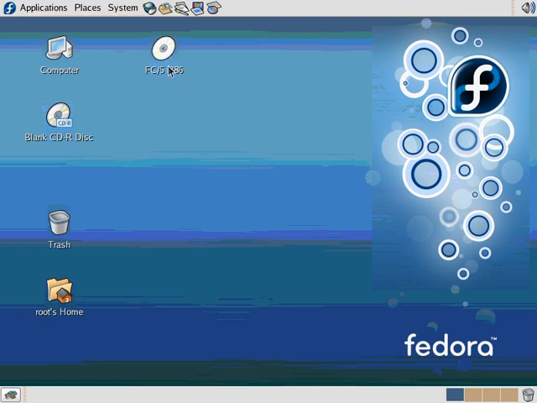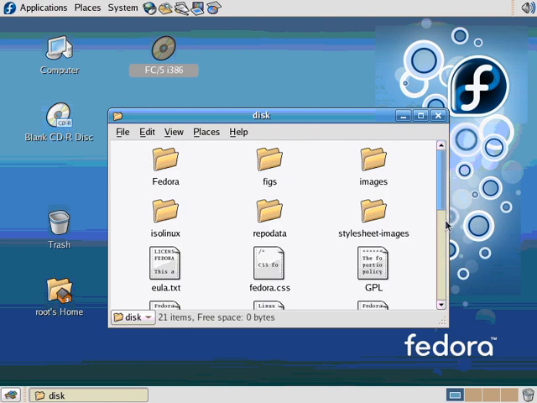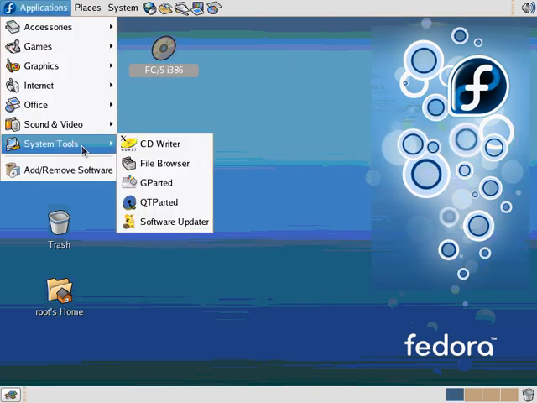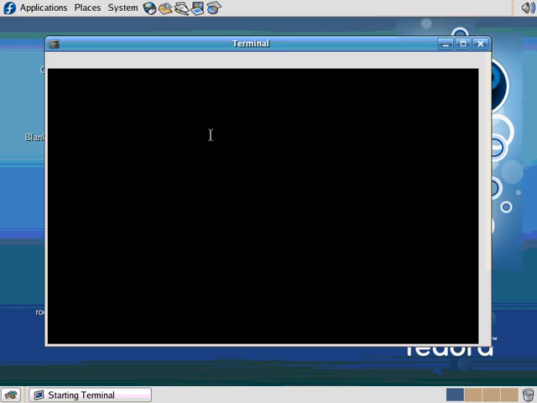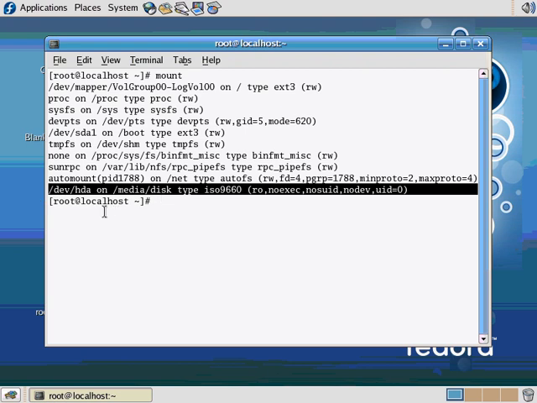So if you look here, I have one CD that says FC5-i386-disc1. This is the Fedora Core 5 disk 1 of 1. This was auto-mounted. I didn't have to do anything other than put in the CD. If you scroll through here, you can see all the different folders and files that are on that CD. So that's one CD. And if we go to a command prompt, a terminal window, and type mount,